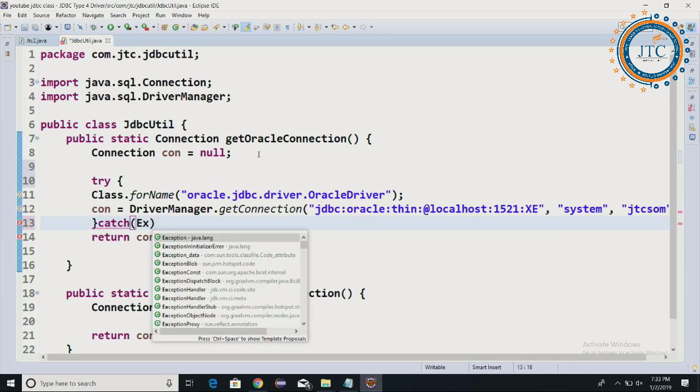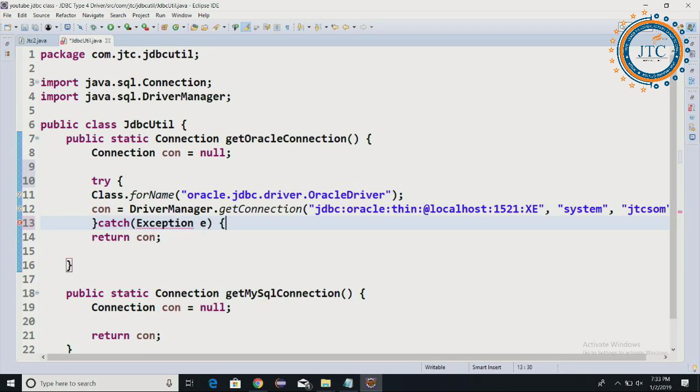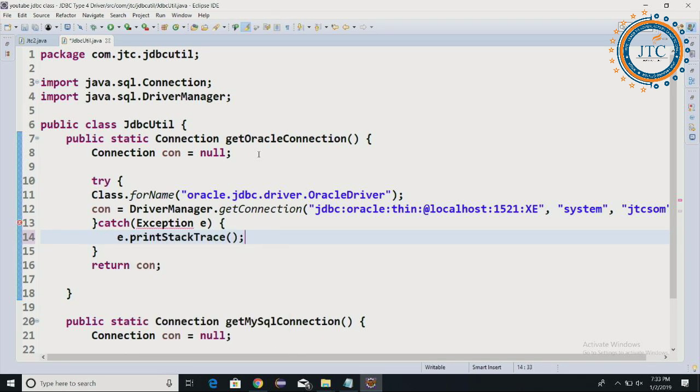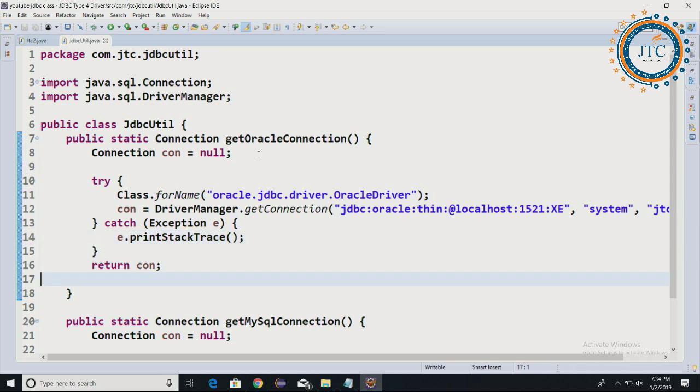Inside this catch block, I am writing Exception e, and e.printStackTrace(). This is one basic code I have written. I hope you have understood it. Now if I ask you to write the same thing for